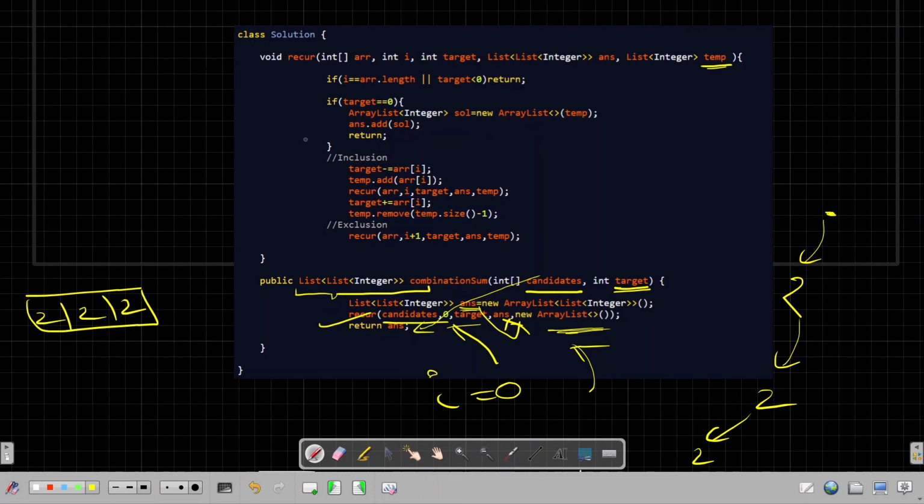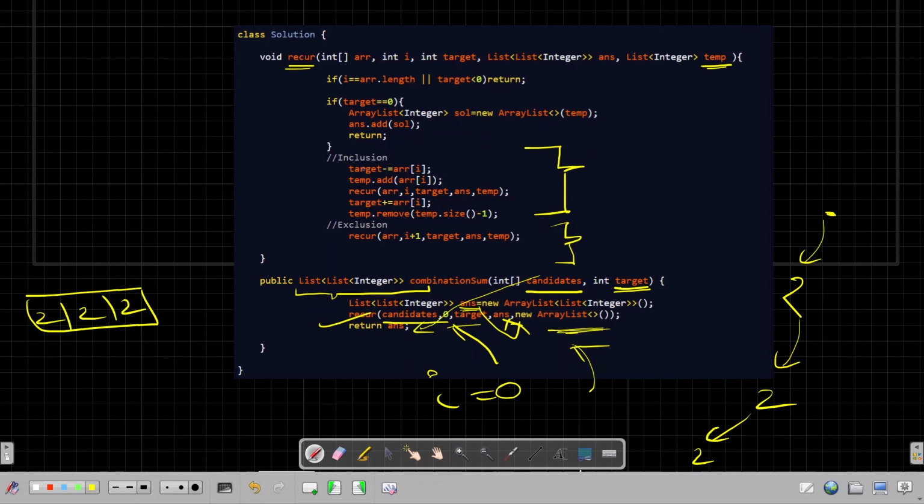Once I go to this recurrence function recur, these are the two blocks. This is the case of including an element, and this is the case of excluding an element. So let's check the including part first.